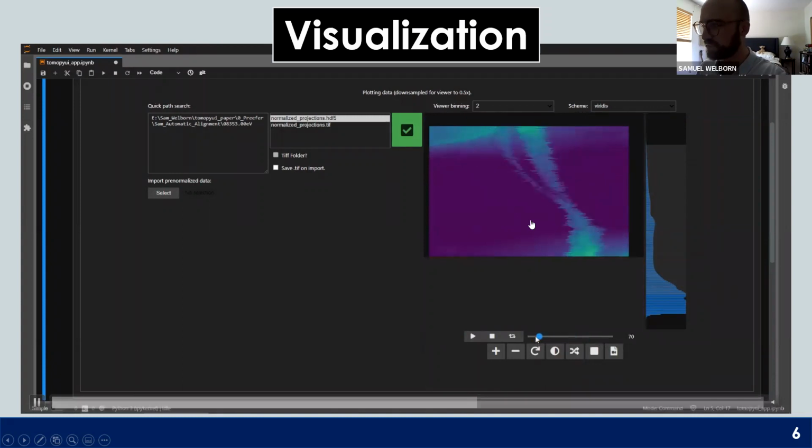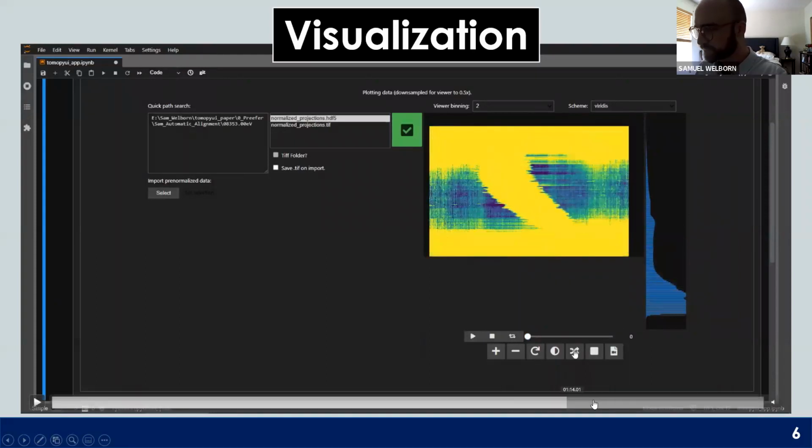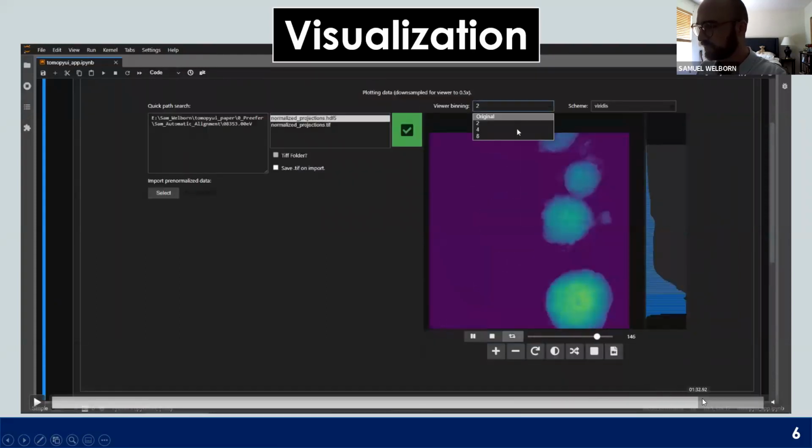And as you can see, this data isn't really well aligned at all. There's a lot of jumps in the sinogram space. So moving forward,